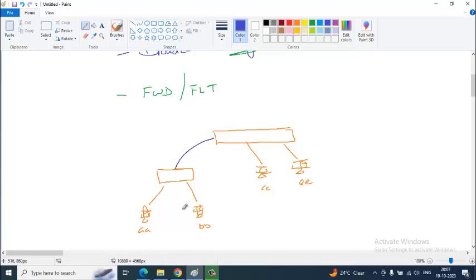Now, let's say A is talking to C. The MAC address of A will be learned on this F0/1.